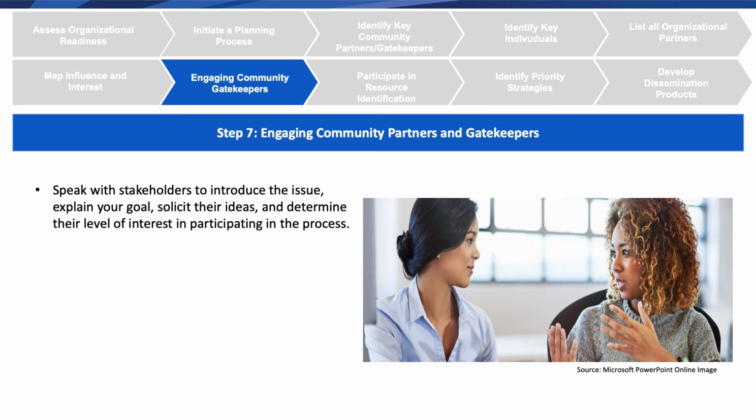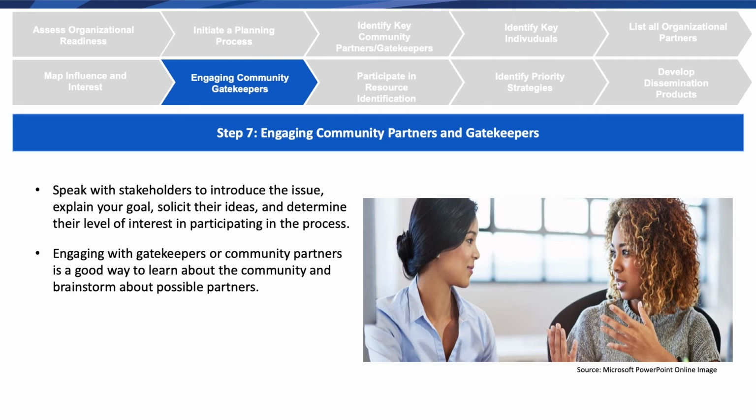The first 15 minutes should be you talking, and as much as possible, the 45 minutes after that should allow stakeholders to speak in terms of their ideas and their level of interest. Engaging with gatekeepers or community partners in this way is a good way to learn about the community and brainstorm about other possible partners. So in qualitative research, this is referred to as snowball referrals. One of the good questions to ask a stakeholder or gatekeeper is, who else do you think should be involved? What other organizations can you think of that could help us make sure that no child in this community is